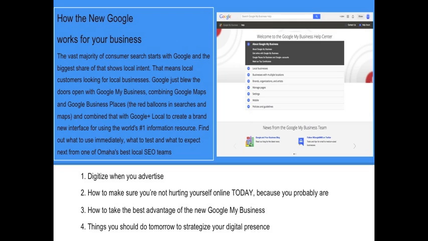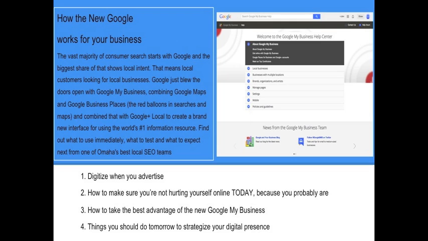About the middle of last year, Google blew the doors open with what they called Google My Business. The doorway to that is google.com/business. It combined Google Maps, what formerly had been Google Maps and Google Business Places, with Google Plus Local to create a brand new interface for businesses to help manage their Google presence.